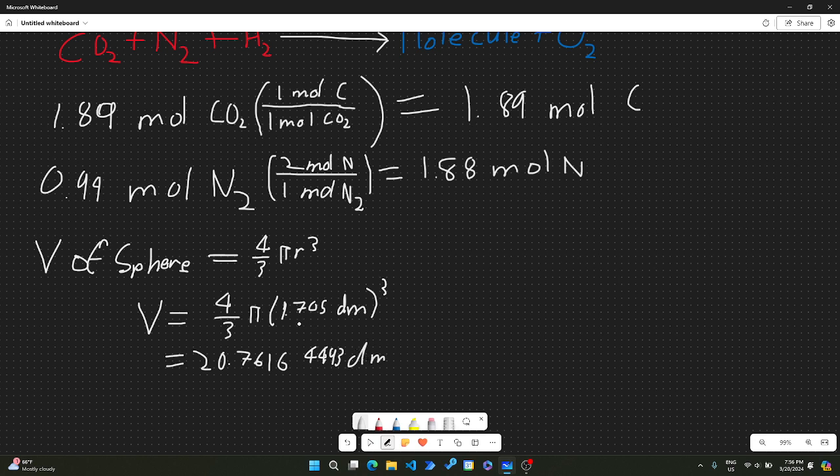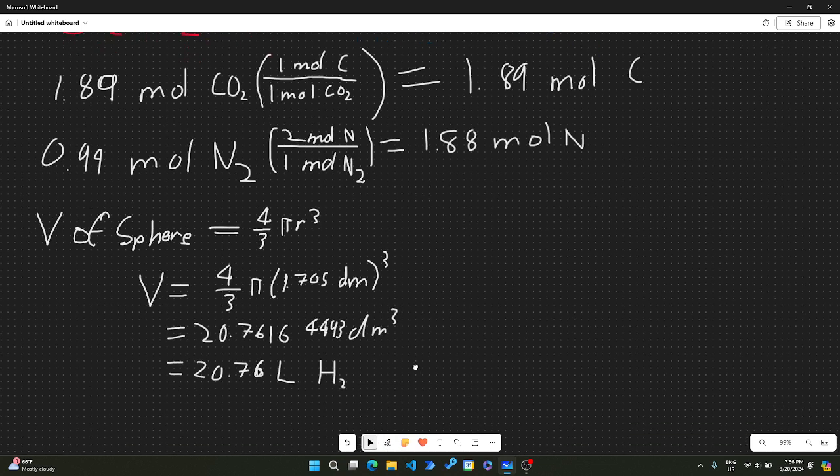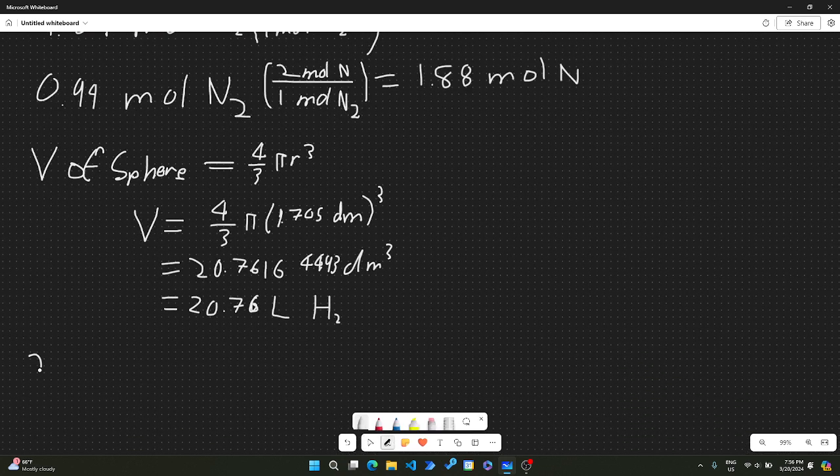But we need to take into account sig figs, and there are 4 sig figs here. So we are going to simply round this off to 4 significant figures because it's multiplication. So we know we have a volume of 20.76 decimeters cubed. But remember, a decimeter cubed is just a liter. So we have that many liters of hydrogen gas, which is H2. So now, with our 20.76 liters of H2,